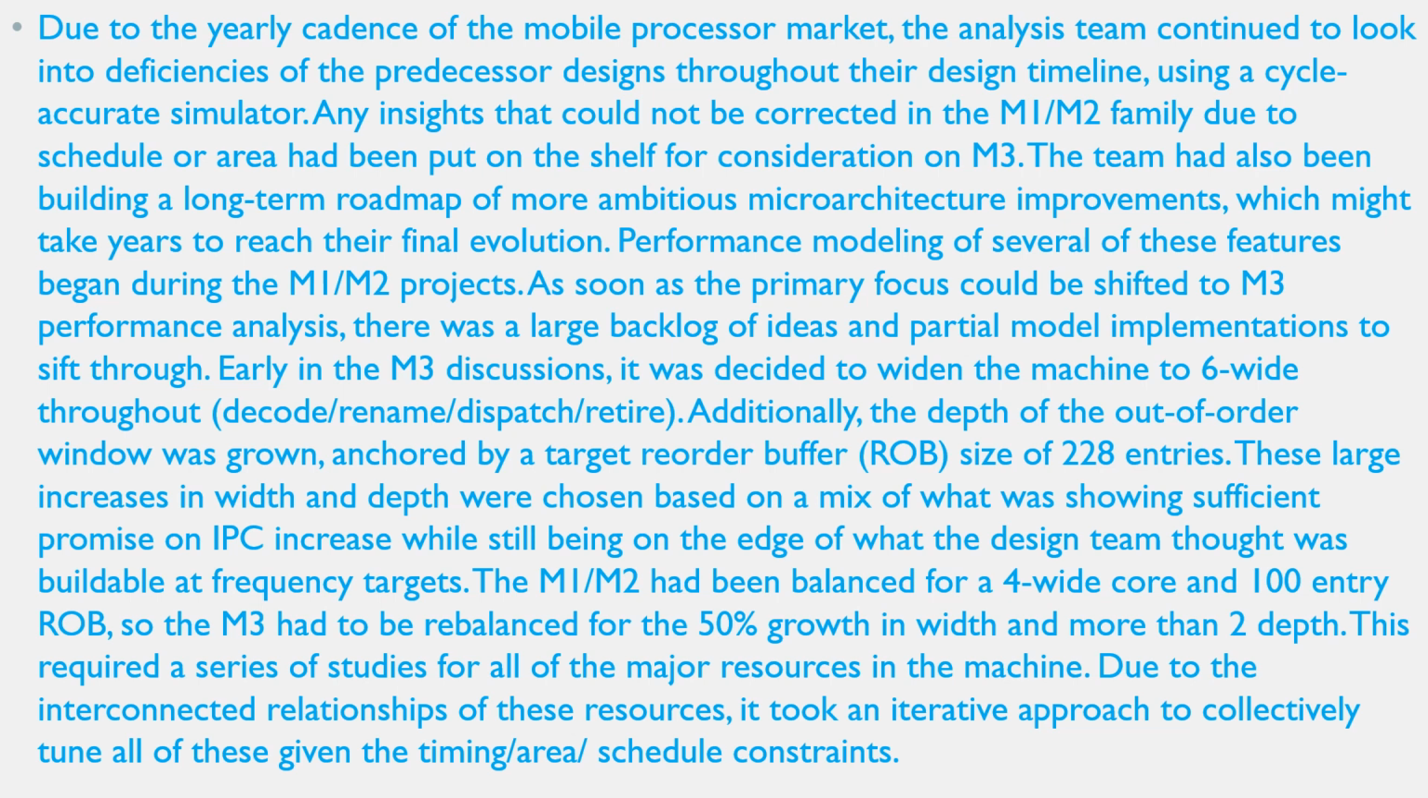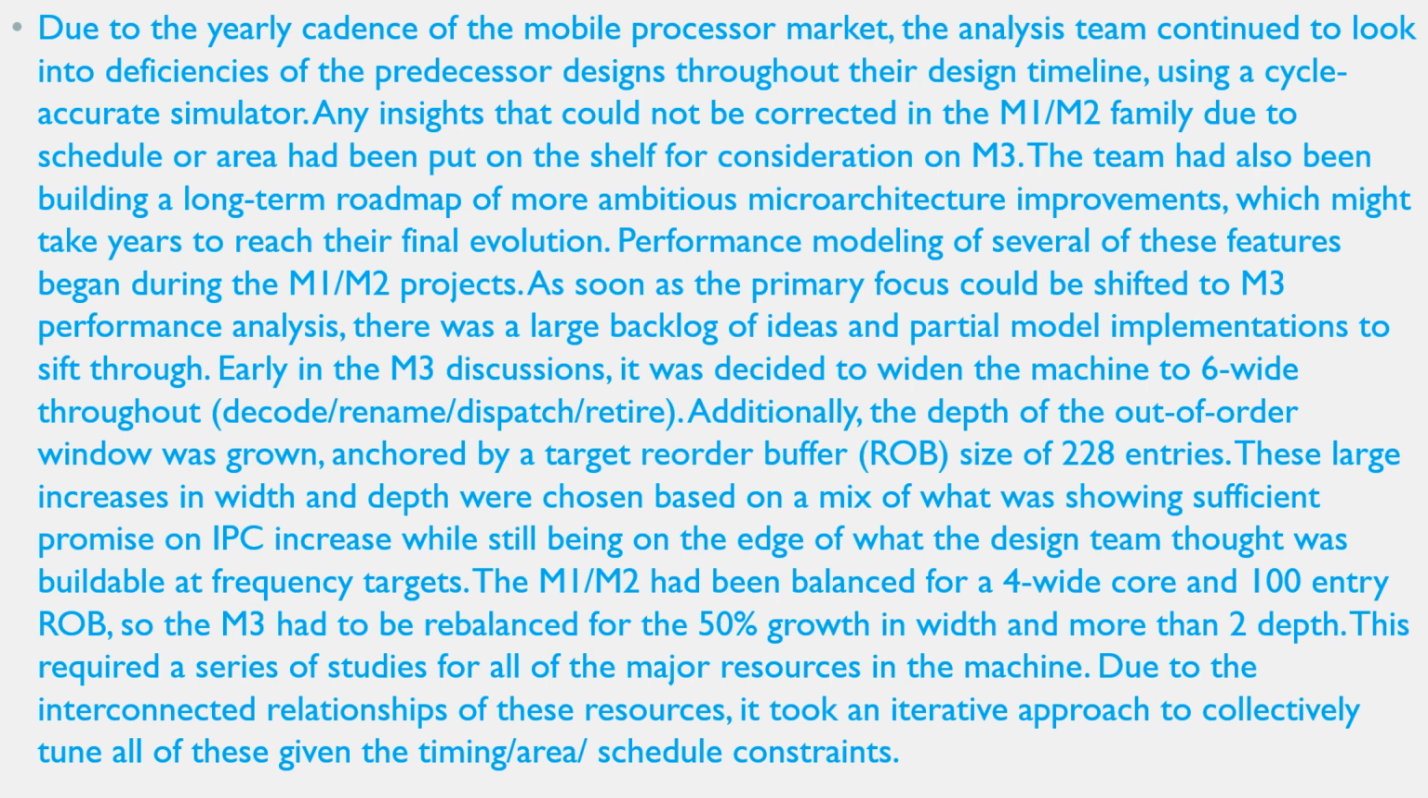Early in the discussions, it was decided to widen the machine to 6-wide throughout. Additionally, the depth of the out of order window was grown, anchored by a target reorder buffer size of 228 entries. These large increases in the width and depth were chosen based on a mix of what was showing sufficient promise on IPC increase while still being on the edge of what the design team thought was buildable at frequency targets. The M1 and M2 had been balanced for about 4-wide cores and a 100-entry ROB,